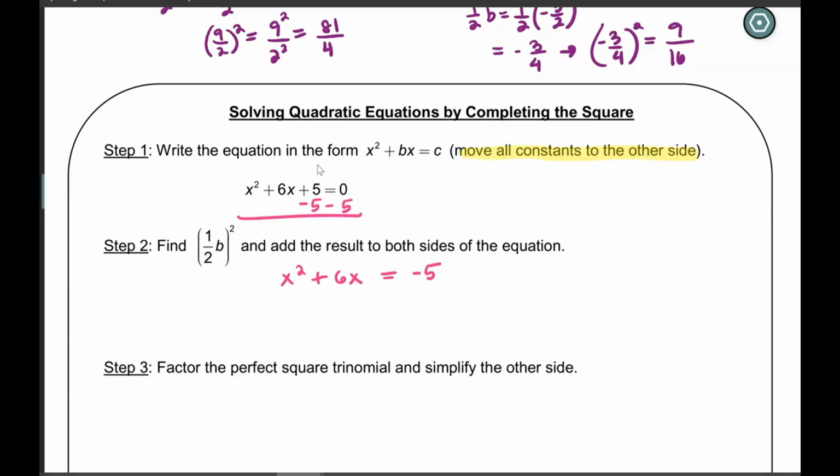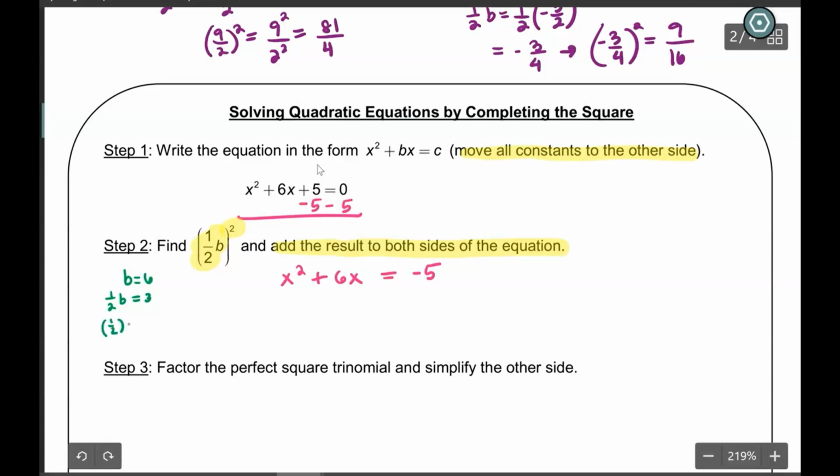Now, the idea is on the left side, I need to complete the square. So I want to figure out half of b and square it. And we're going to add the result to both sides of the equation. Now, we just practiced this on the previous examples. So what is b? b is 6. Half of b is 3. Half of b squared